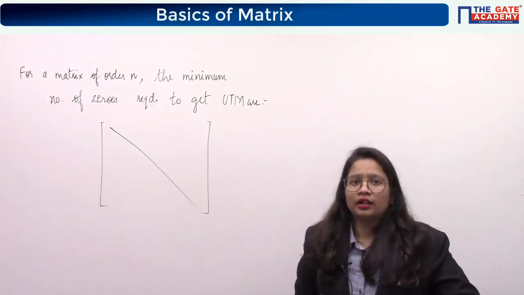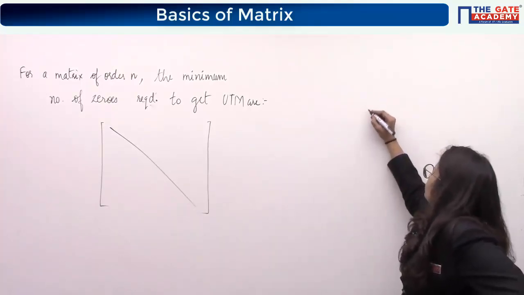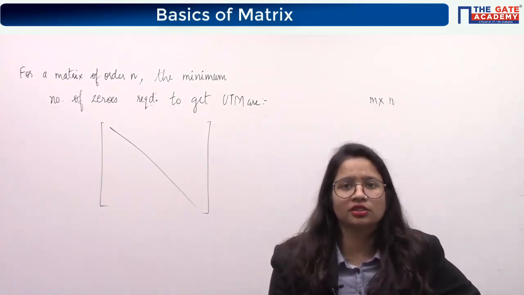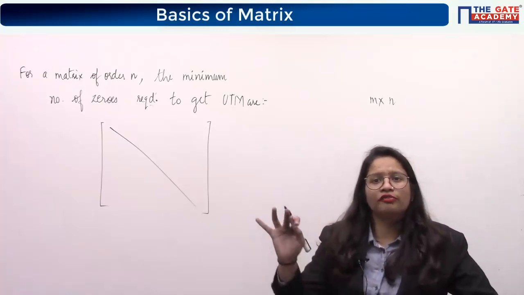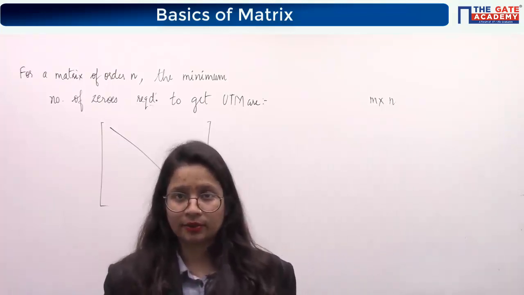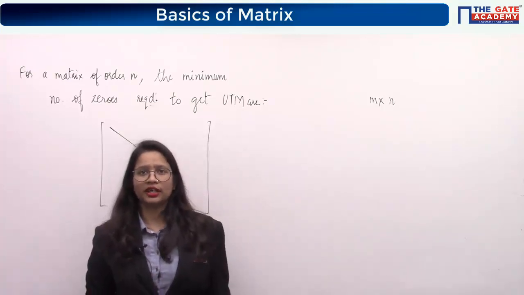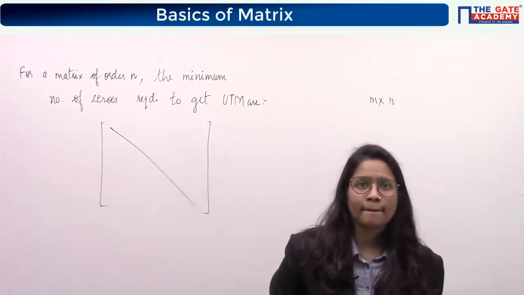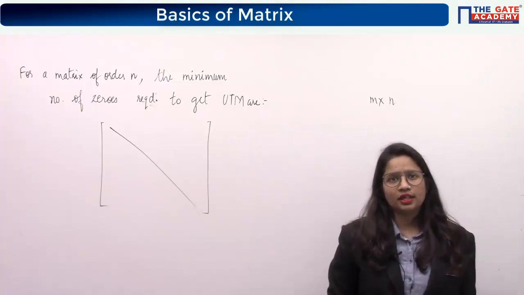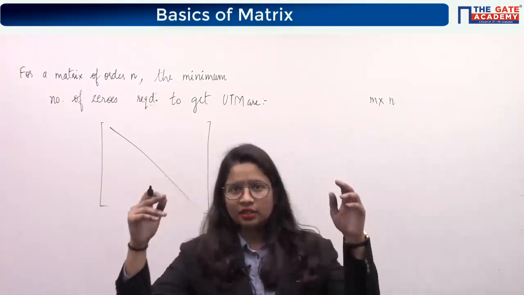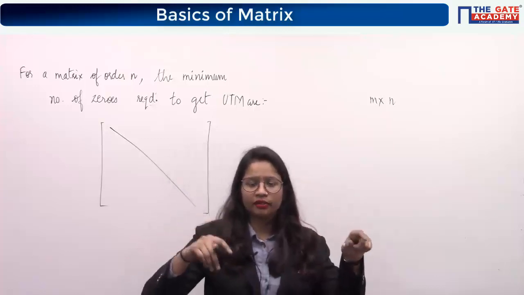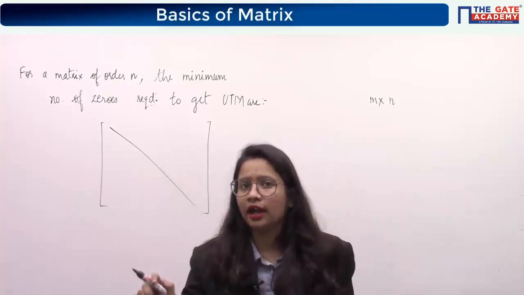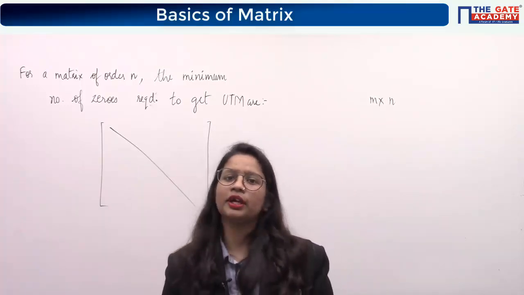Now first of all, tell me, if a matrix is there of order m cross n, then how many total elements are present in that matrix? Can you tell me? Yes, definitely it will be mn. We have seen it on the first page of your notes, where I have written a matrix of order m cross n. You can see the last element I have written as a m n. That means the total number of elements will be mn.